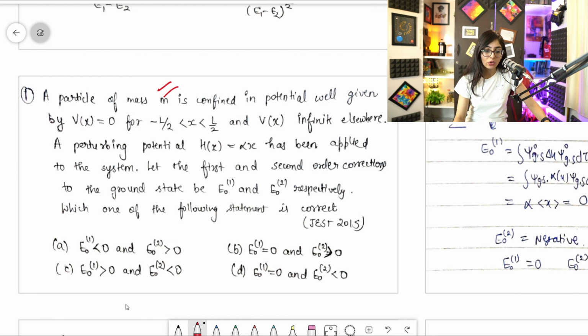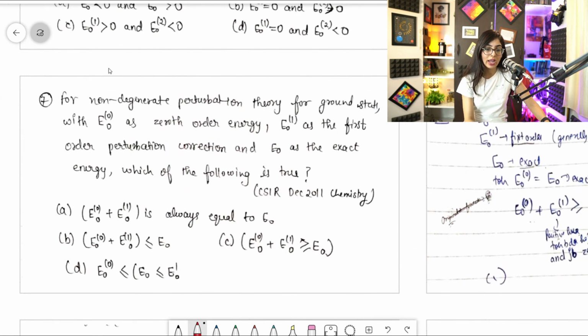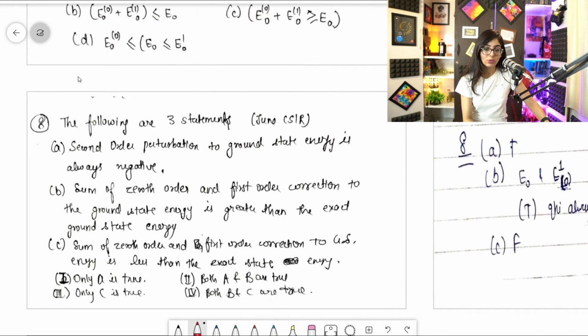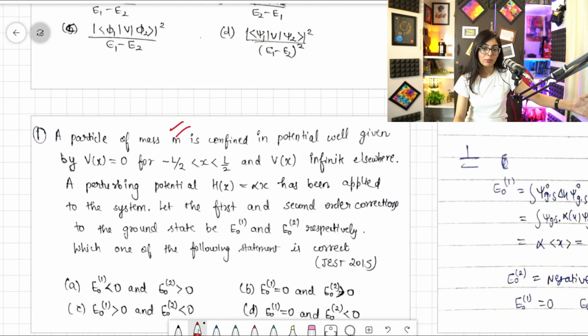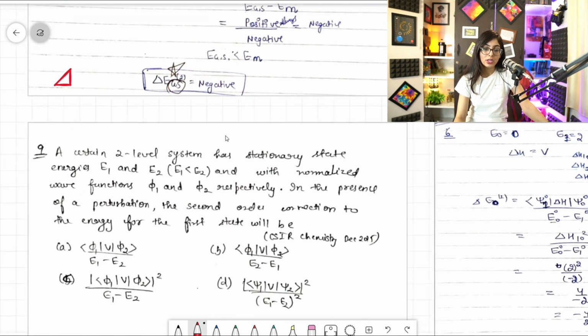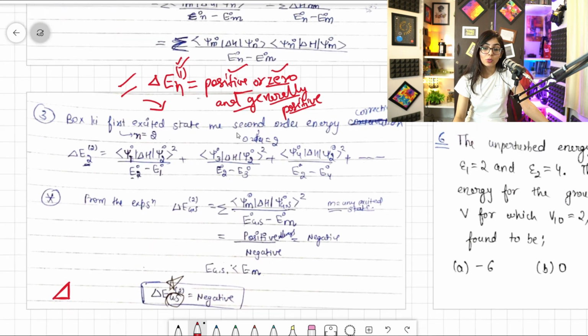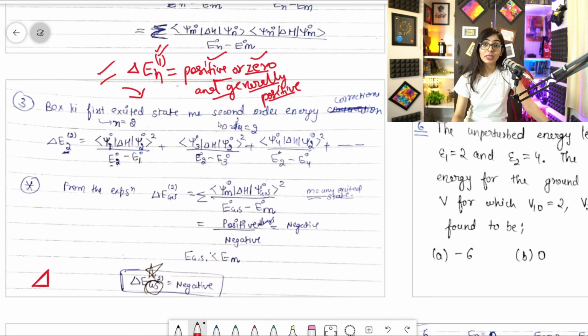Clear? Other questions are there here also. I'll be discussing this same statement, this June CSIR question. I'll be discussing all these things again here, why it is positive or zero. The examiner will trap you in this statement-wise question, because he'll play with the statement, and you'll see in the question how the examiner is playing with it. The moral is the same, the consequence is the same, that it is either positive or zero, but you'll see how the examiner is molding the question.